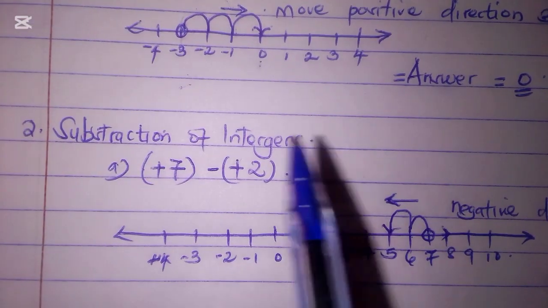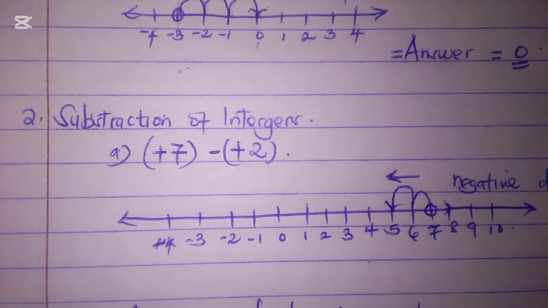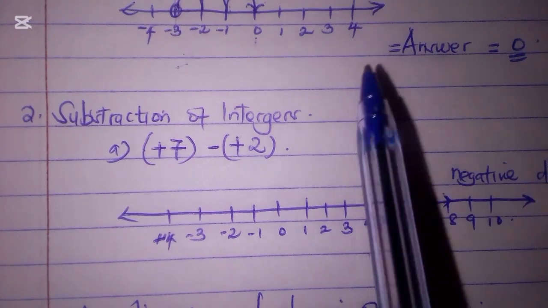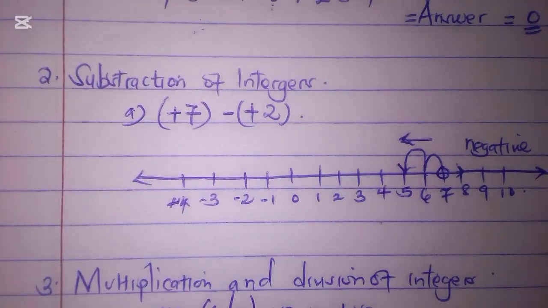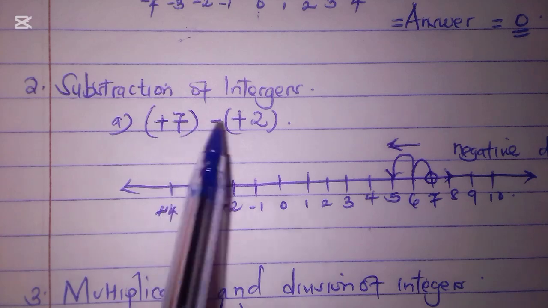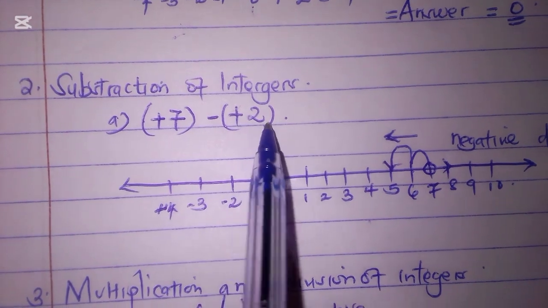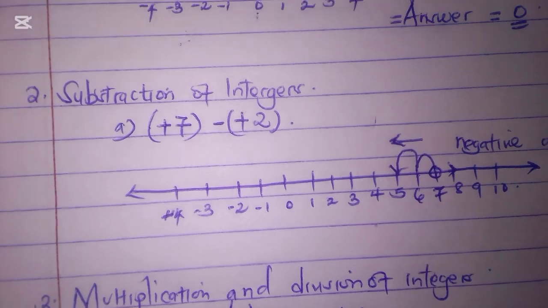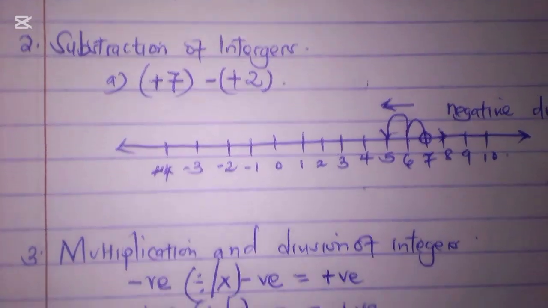So subtraction is done the same way we did addition, and nothing has actually changed. For this case, we're having positive 7 minus positive 2. From the laws that I'll definitely talk about